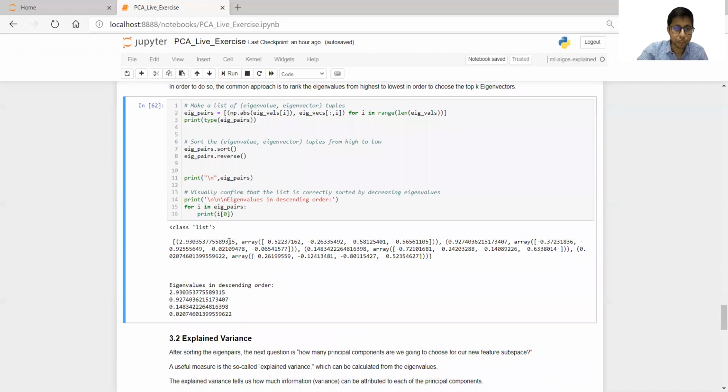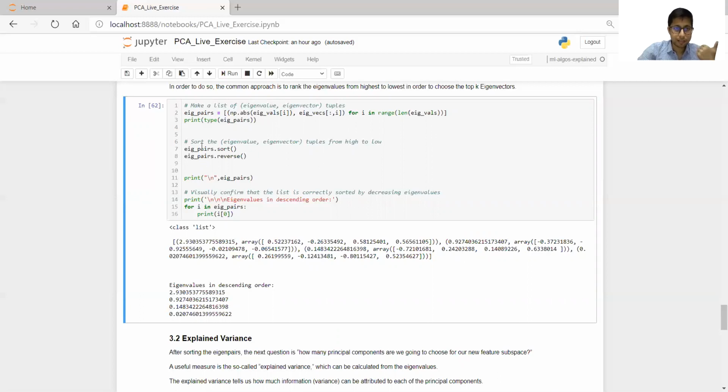What is happening in this print statement is that we have combined the ith eigenvalue and ith eigenvector from this length. So you see here the first eigenvalue and its corresponding eigenvectors, then the second eigenvalue and its eigenvectors, then the third eigenvalue and its eigenvectors. Okay, so we have done this.